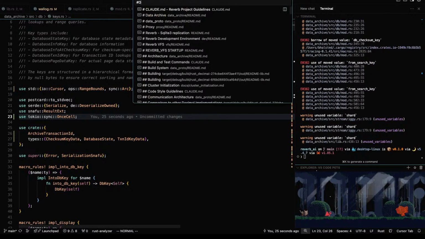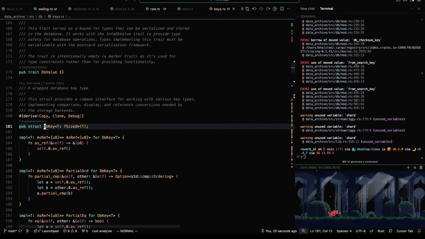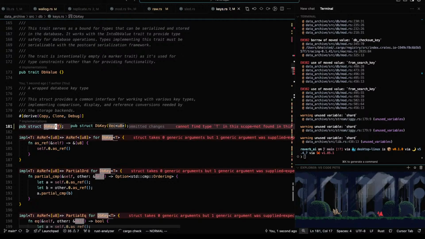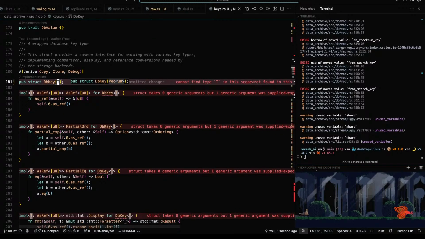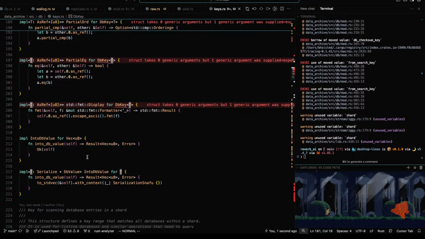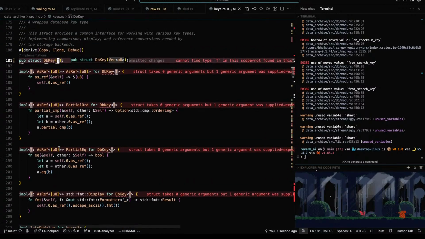And where is DB key? Let's change this. And instead, when we have something that goes into a DB key, where is it?